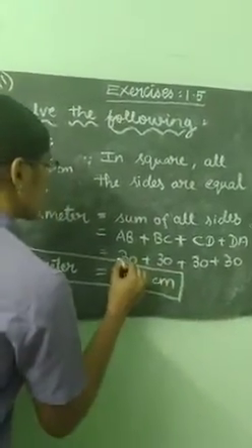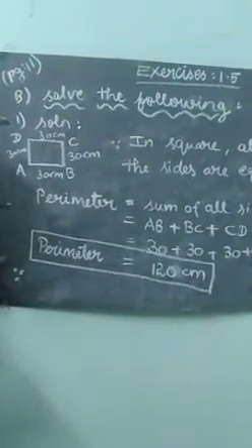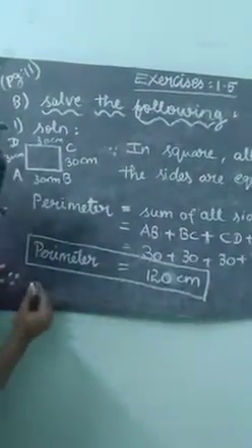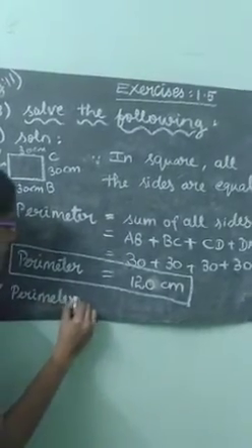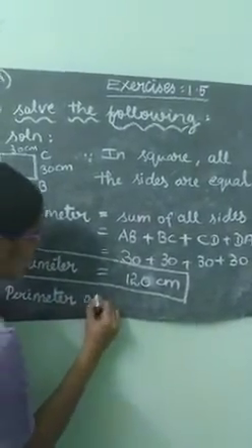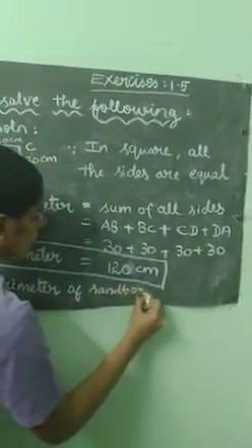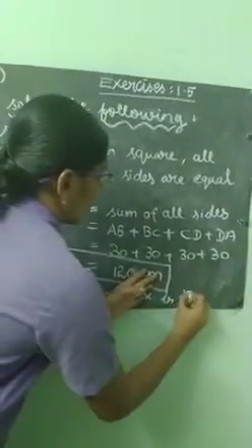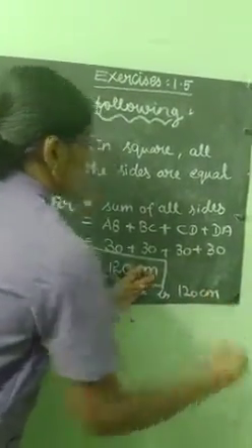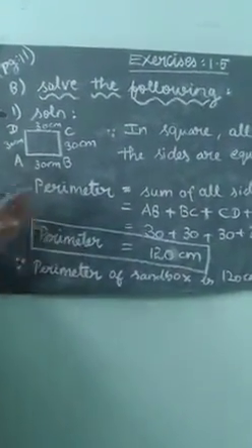Put the box like this, okay. Then after that write the final answer because this is a word problem now. So you want to write the final answer. Perimeter of, this is a sandbox. So perimeter of sandbox is 120 centimeter. Is that clear for you, ma? Do you understand this question?